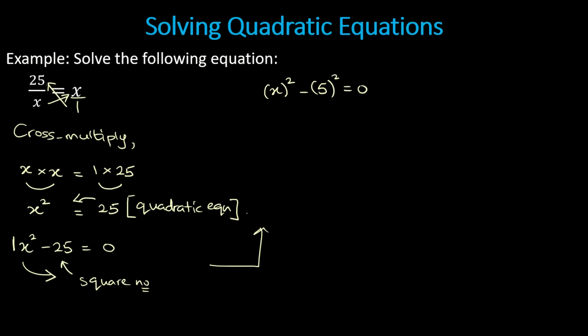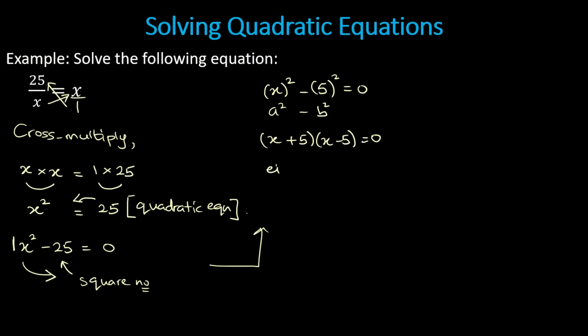So it is in the form a squared minus b squared, which we can easily factorize to give x plus 5 times x minus 5,